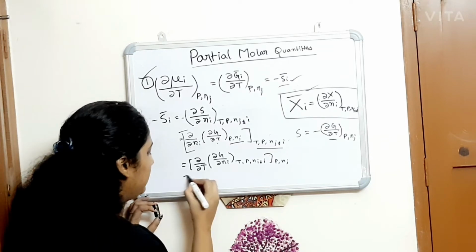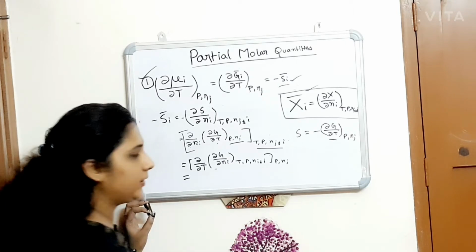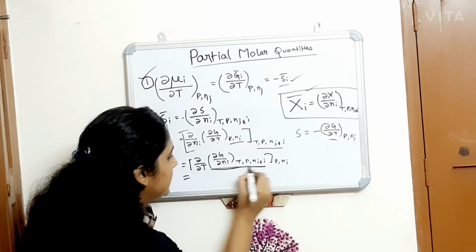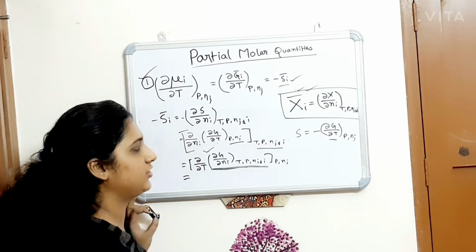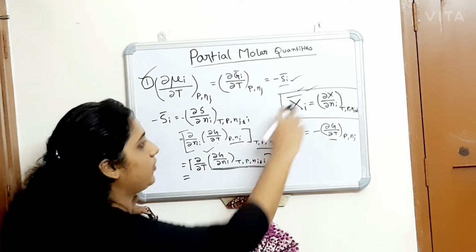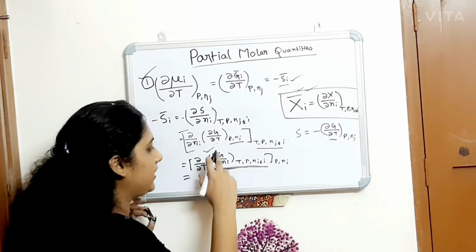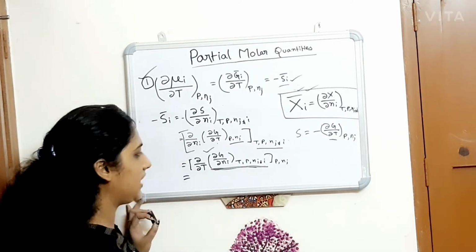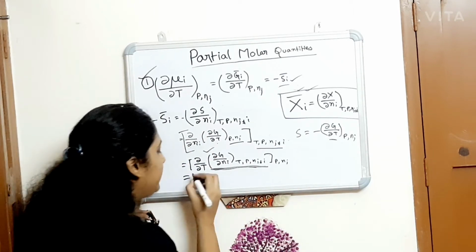And now this is very easy, because from my previous video you know this expression. You can relate this expression with the general form of the partial molar quantity expression. So by relating this, you can write it down like that. This expression is actually nothing but the expression for the partial molar Gibbs energy.